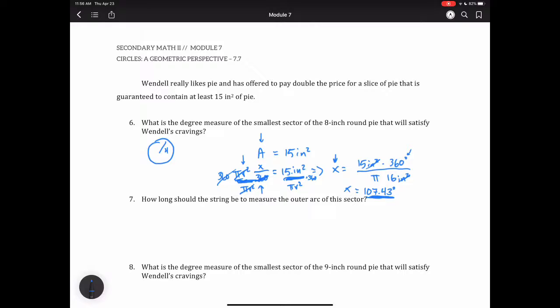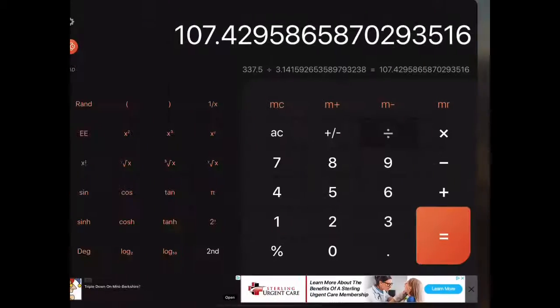So I'm going to look at the circumference of the circle, which is 8 pi, and then I'm going to multiply it by the fraction of the circle that we're working with, 107.43 degrees divided by 360 degrees, right? And I'm going to just go ahead and plug that into my calculator. So